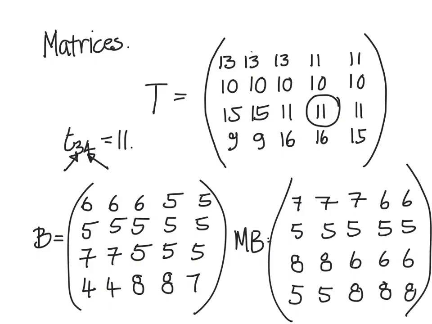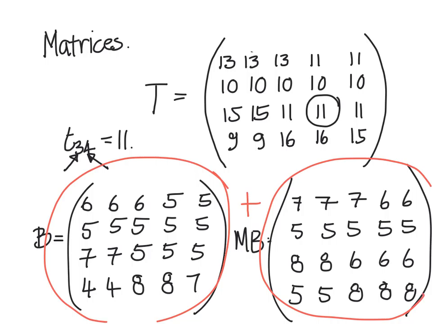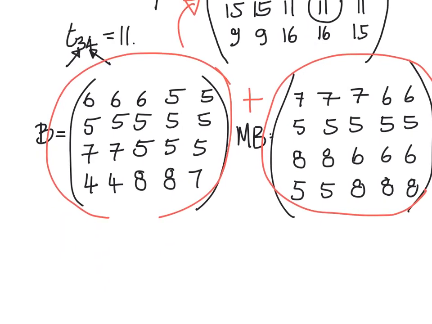Okay, now the point that we need to be aware of here is that this matrix here added to this matrix here is equal to this matrix here. Okay, and as we know from any algebra, that means that T equals B